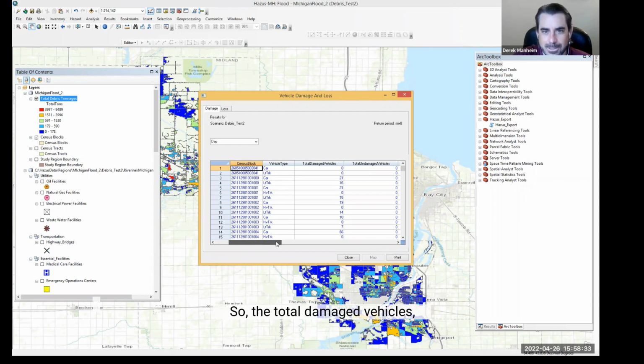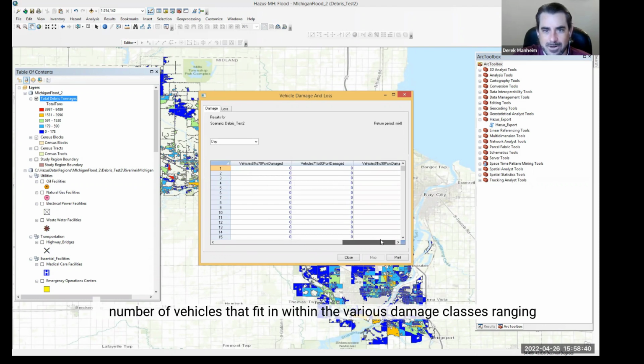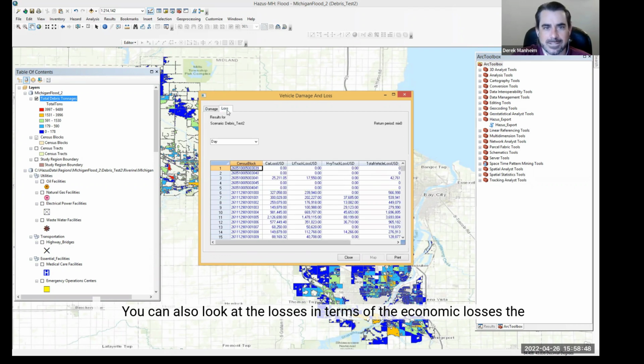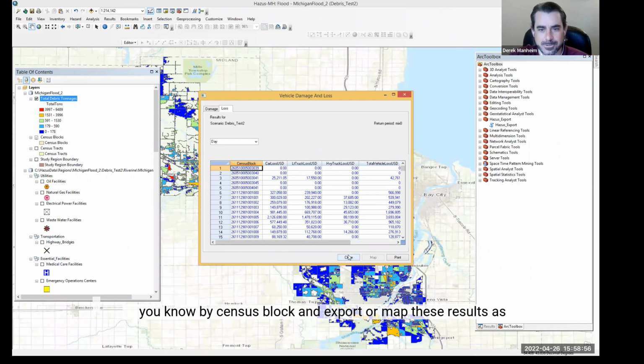So the total damaged vehicles, the total undamaged vehicles, as well as the number of vehicles that fit within the various damage classes, ranging from 0 to 100%. You can also look at the economic losses, the US dollars for either of these categories, by census block and export or map these results as well.